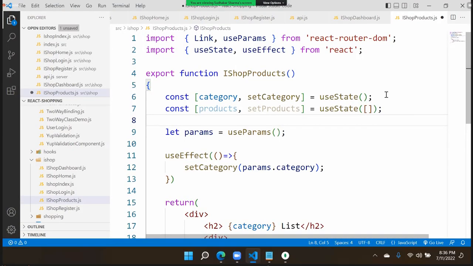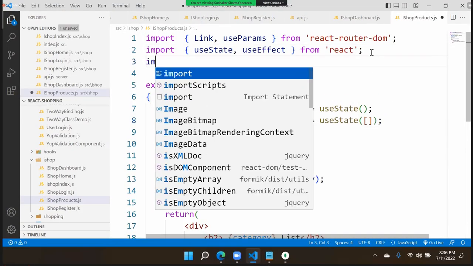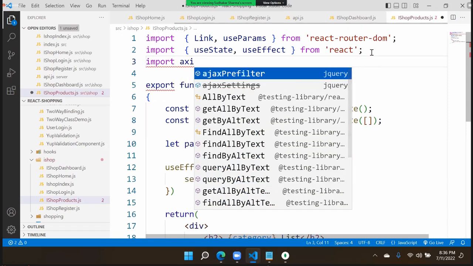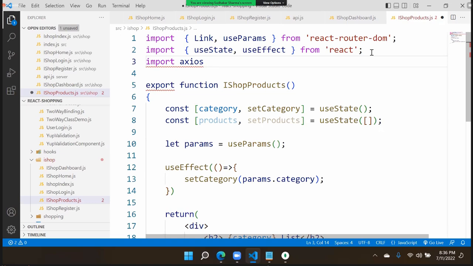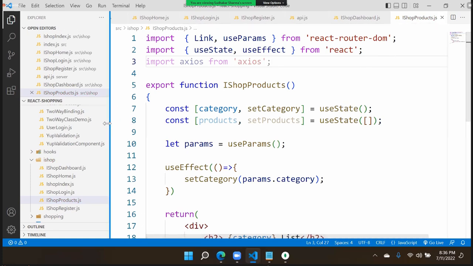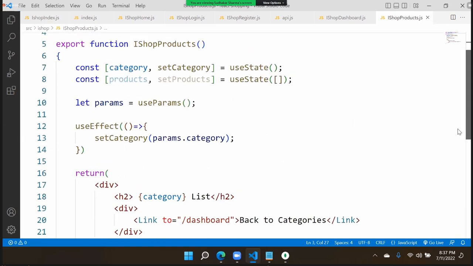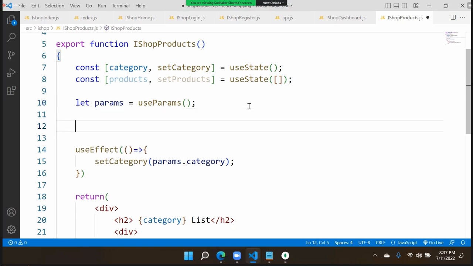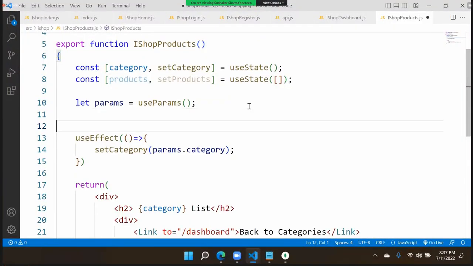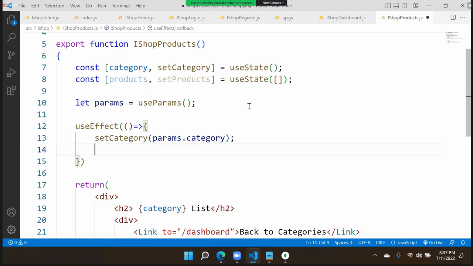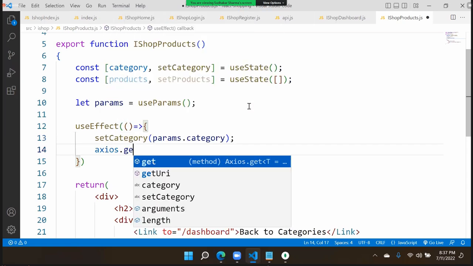So what we will do here is we will import Axios. We import Axios from Axios. After that, we will define a method. What is the method? We will configure the method to load. Here itself we can use useEffect, it is there now. Here I will use Axios dot get